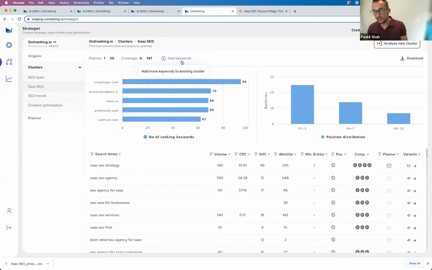So what that means is that even if you have a lesser amount of credits, you can start a silo and then eventually build it up by adding more and more every month. And it will again analyze it and regroup and everything, right? So it's not regrouping, it's just adding on to those groups, seeing if a new group needs to be built or if a keyword belongs to an existing group. That way you avoid cannibalization throughout. You'll have every piece of content being integrated and analyzed in a cohesive manner.